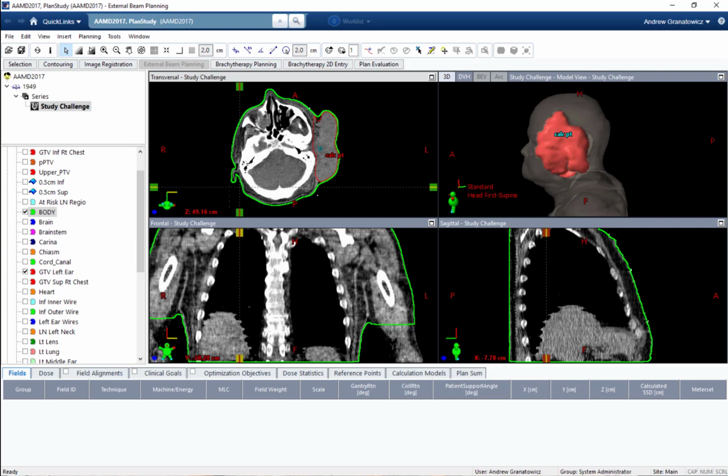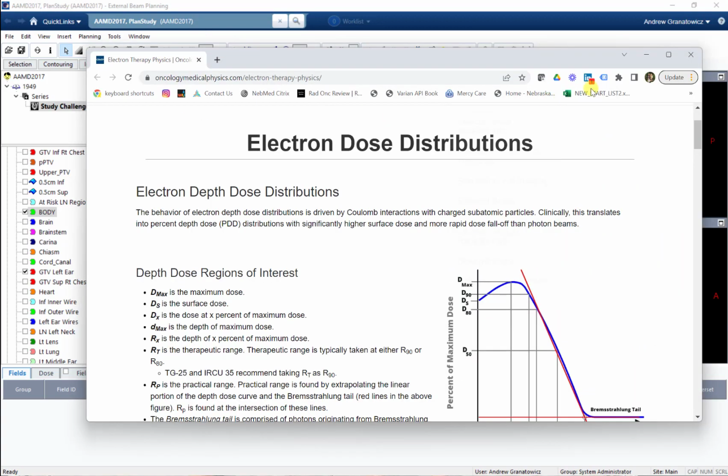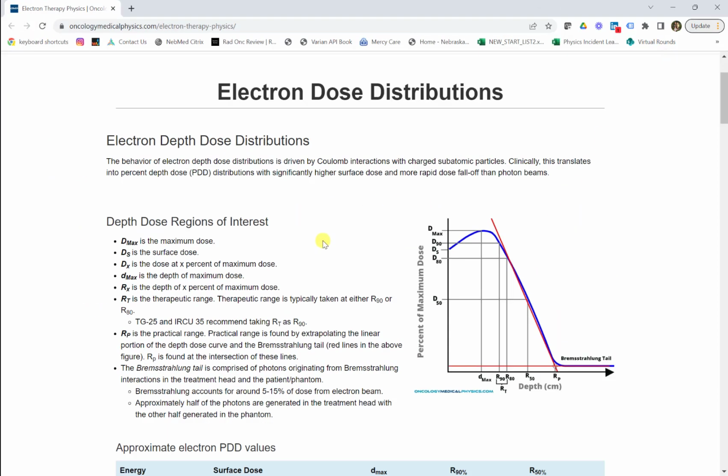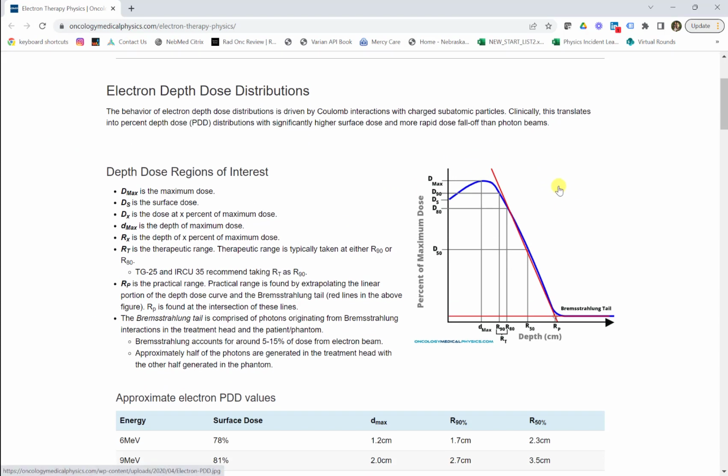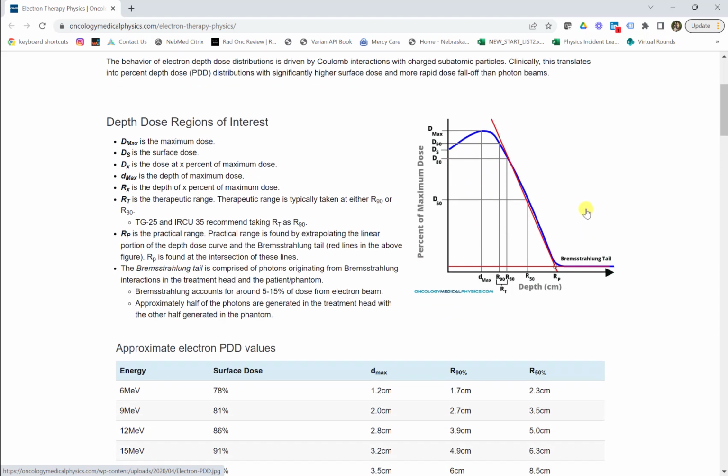Before we get started though, let's take a look at just a couple of things related to electron planning. So there's a few things to be aware of, right? The first is this picture right here. This will show up in a lot of textbooks and probably on your boards and everything. There's a few basic metrics when you're actually planning,